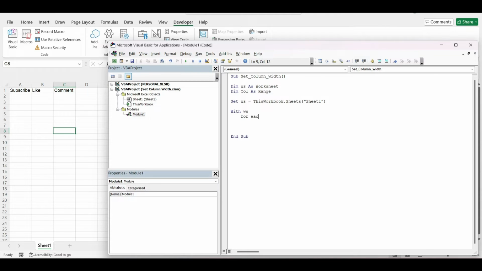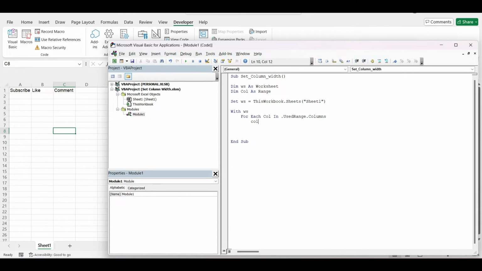So For Each column at this point we're going to say the UsedRange, so dot UsedRange. So we don't need to specify an actual range, it's just going to look through the entire worksheet of Sheet1, and it's going to find the used range, and it's going to set all of the column widths at once. So UsedRange dot Columns,